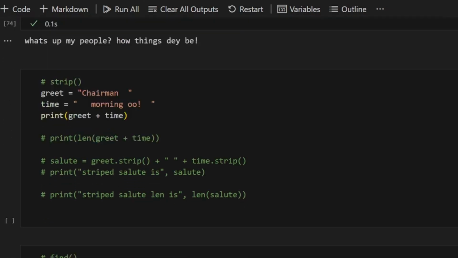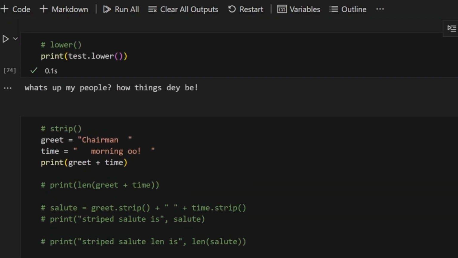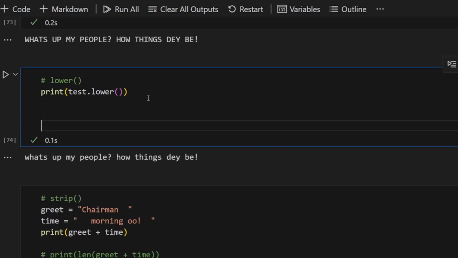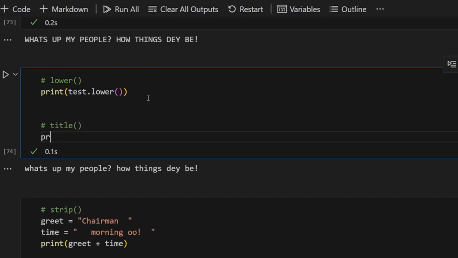Then, you get the one I showed before. Let me type it here. You get the one we also call dot title. So let me write a comment, title. Then we'll print our test dot title.